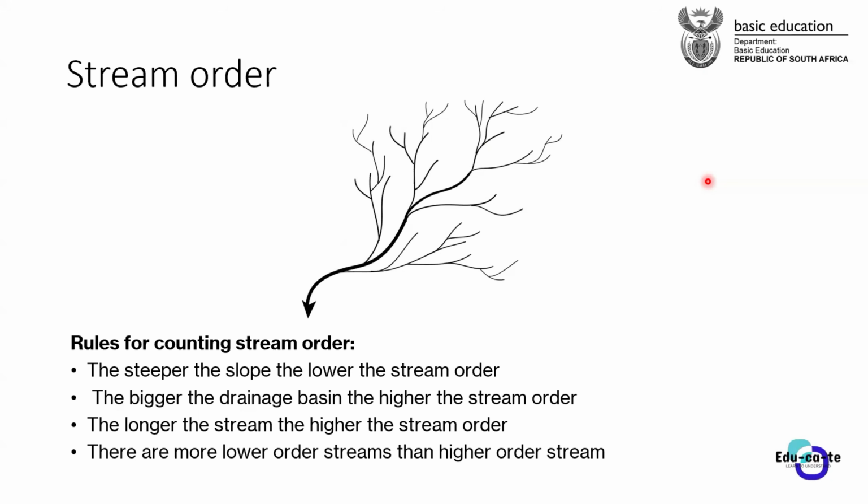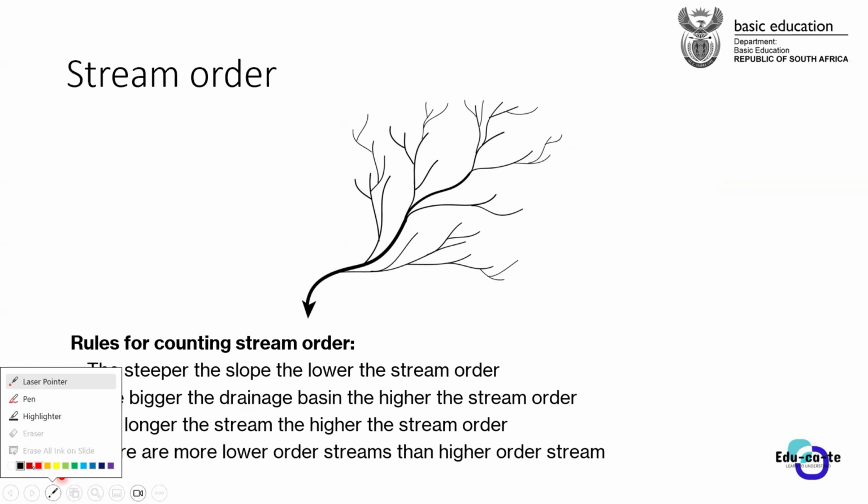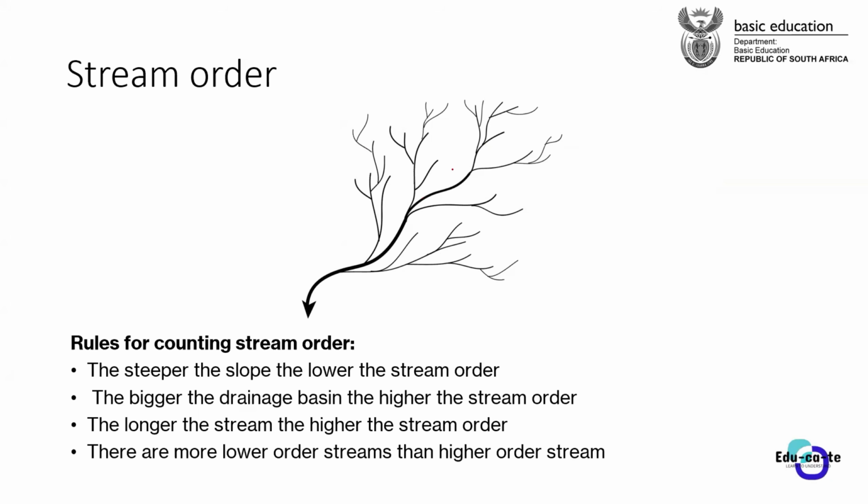Are they going to ask you for a definition of stream order? I don't think they will ask you for a definition of stream order, but for the order of a stream, we just want to calculate how many streams we have added up so far. Let's just say we start with one stream here and another stream.